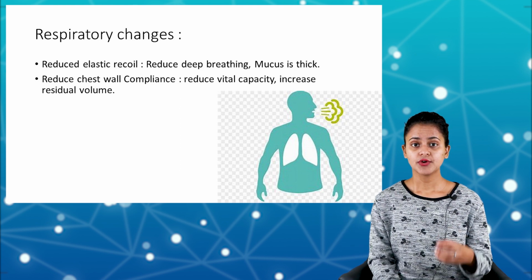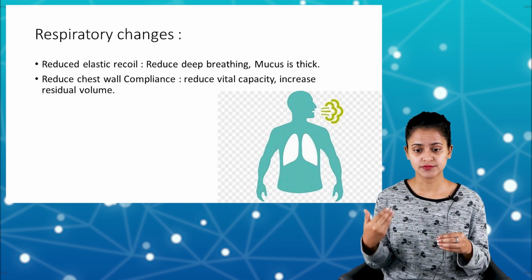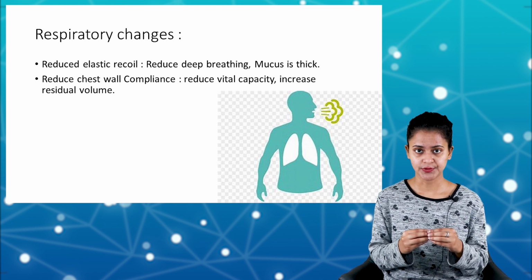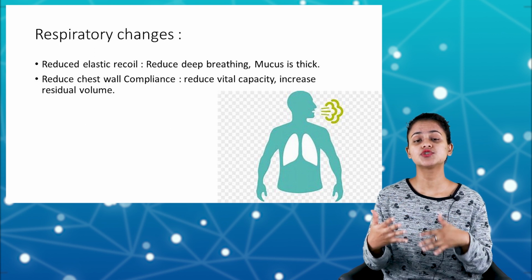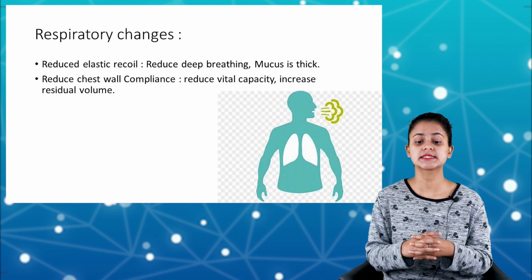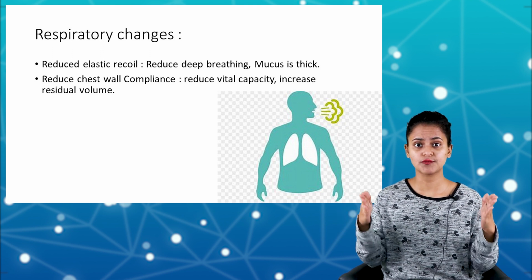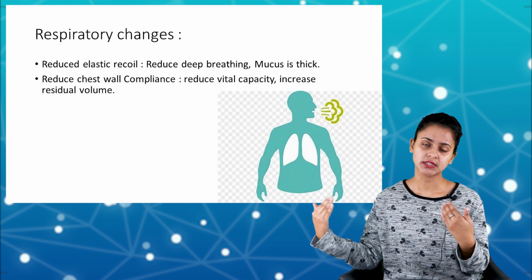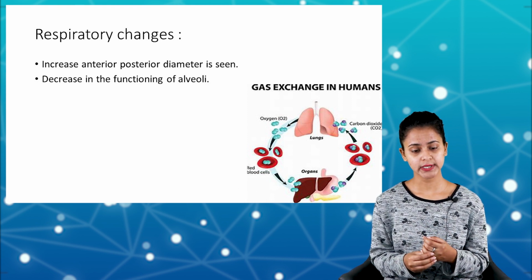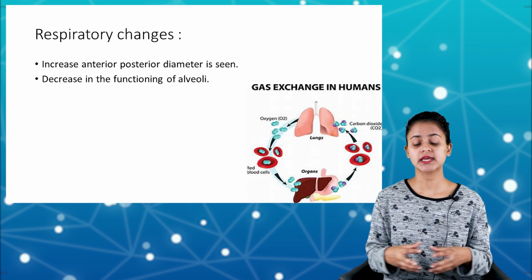We're going to see there will be reduced elastic recoil. That is the reason there will be reduced chances of deep breathing, and mucus secretion will be thick here. The next finding is reduced chest wall compliance. Because of the reduced chest wall compliance, we are going to see a reduction in the vital capacity and an increase in the residual volume of the lung for older adults. Furthermore, findings on assessment will often show an increased anterior and posterior diameter, and also we are going to see a decrease in the